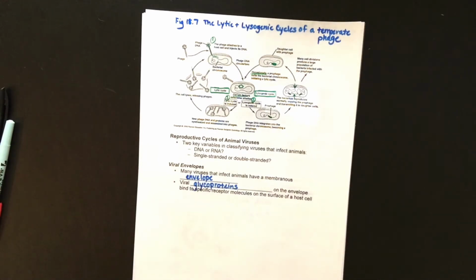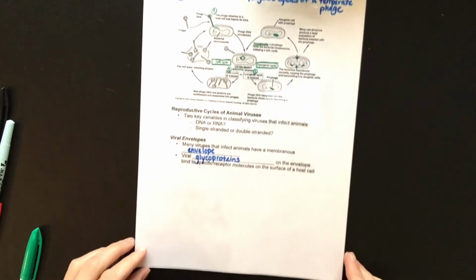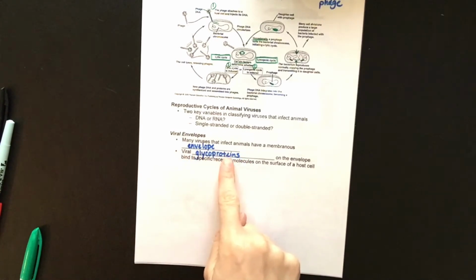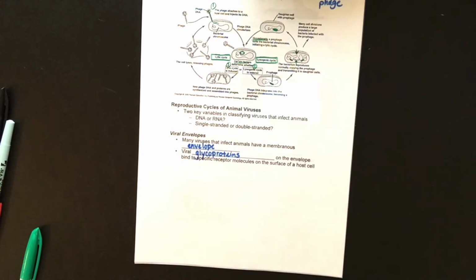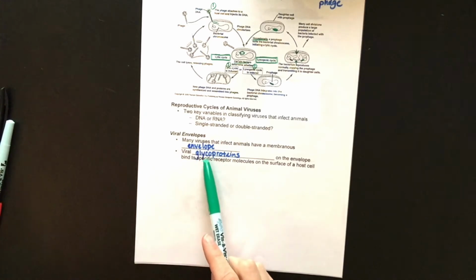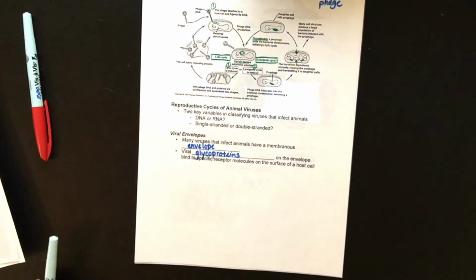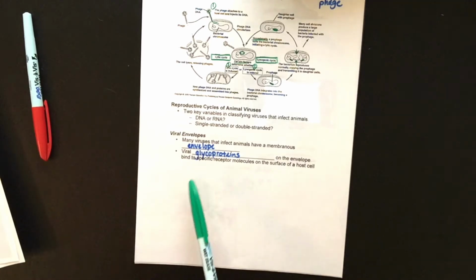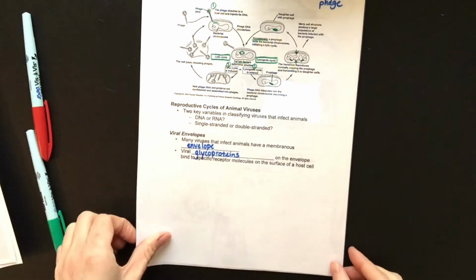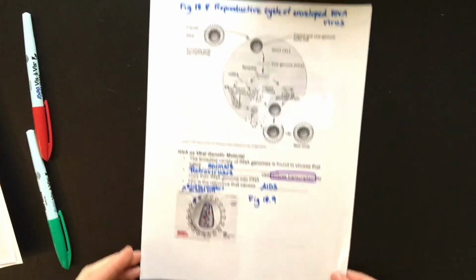So animal viruses, basically, most of them have viral envelopes, membranous envelopes around the capsid, and they're classified as DNA or RNA, and whether or not that is single-stranded or double-stranded, just like we talked about before. So, as we said, many viruses infect animals, and those viruses have membranous envelopes, and they have on the surface of those envelopes what we call glycoproteins. That means it has a carbohydrate with the protein on the envelope, and the glycoproteins help the virus bind to specific receptors on the surface of the host cell. So let's look at a typical